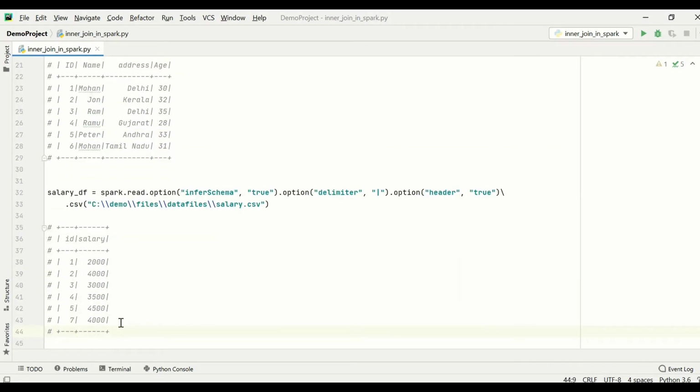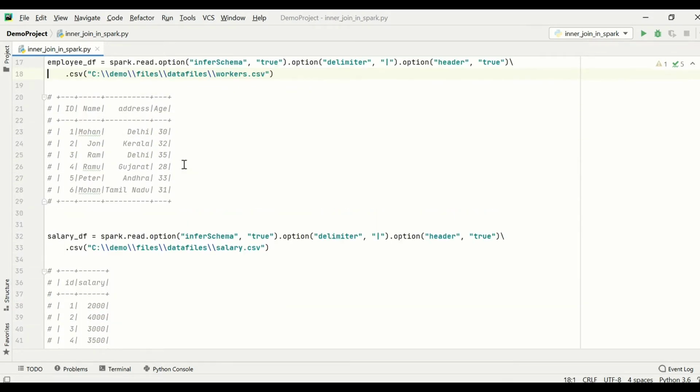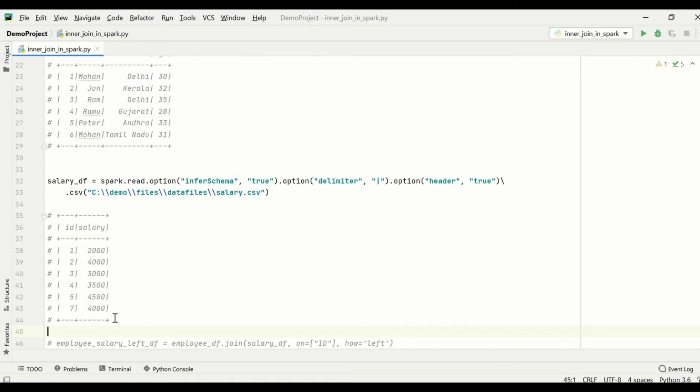I want to do a left join and a right join on these two data frames on the column ID, which has the values 1 2 3 4 5 6 and corresponding data for each ID. In the second data frame I have the IDs 1 2 3 4 5, and I'm skipping the sixth one just to show the difference between the left join and the right join, and I'm adding a seventh ID to show the difference between the two joins.